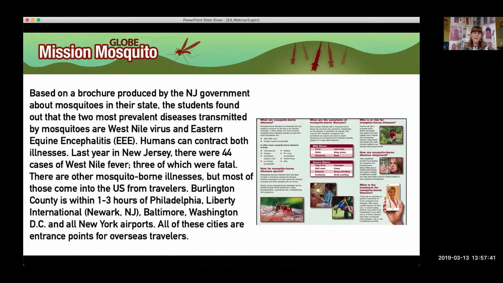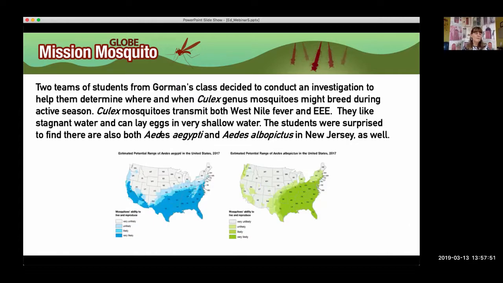So it's important to be keeping track of people who are showing up with any kind of disease, but particularly vector-borne diseases, mosquito-transmitted diseases, to get a feel for where did they get it from. So two teams of students from her school have decided to conduct an investigation to try to determine when and where the Culex genus mosquitoes might be breeding, because these are the ones that transmit both West Nile and Eastern equine